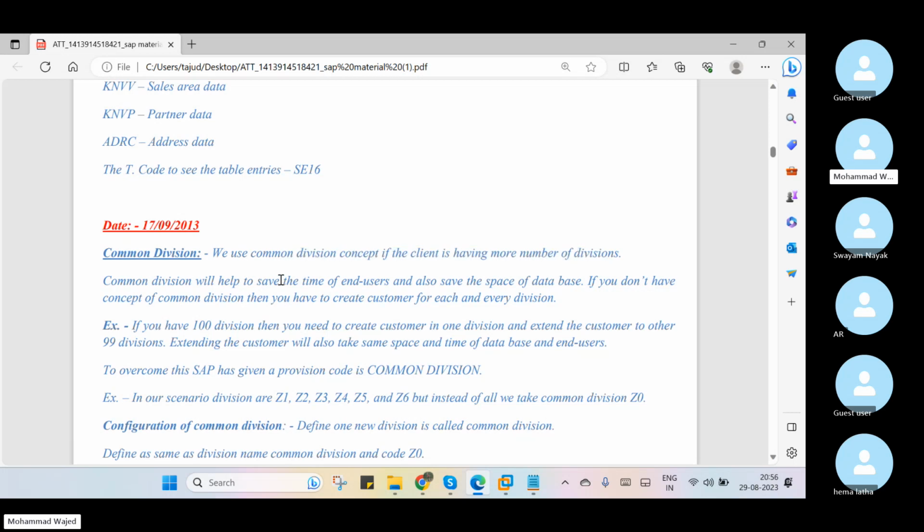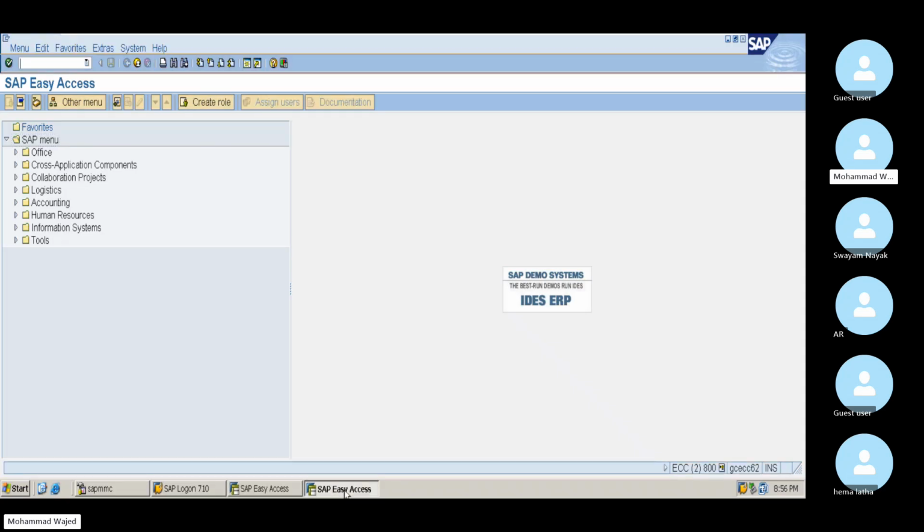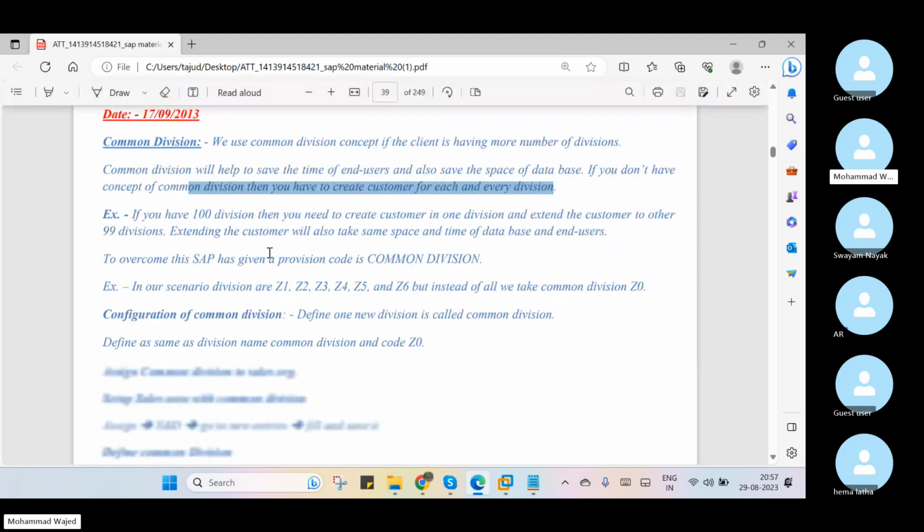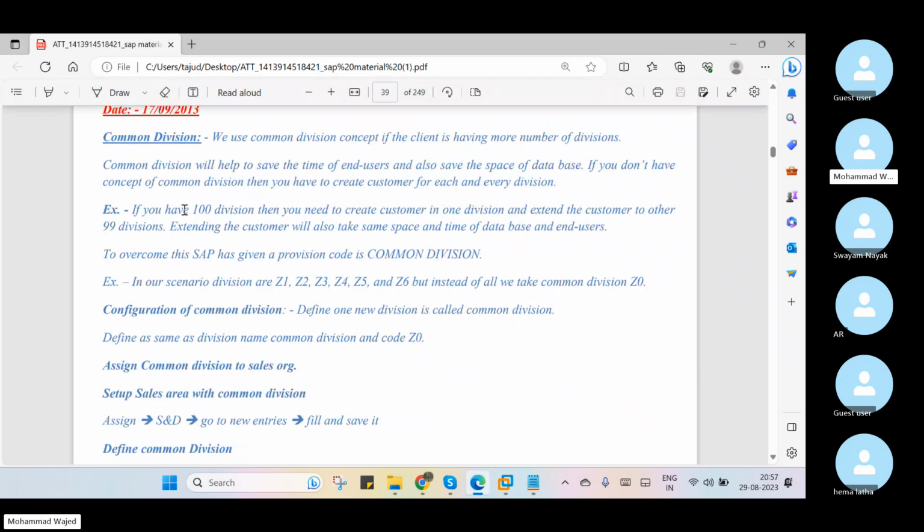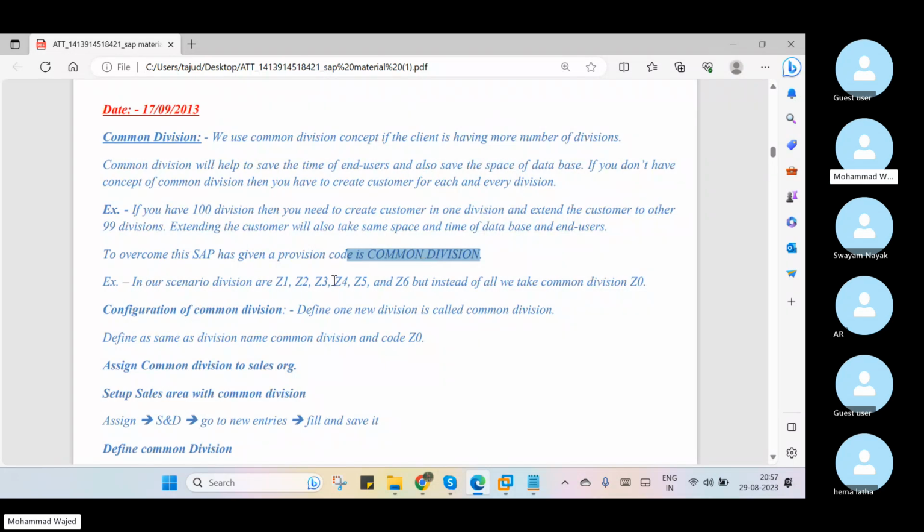So common division will help to save the time of the end users and also the space of the database, as we discussed. If you don't have the concept of common division, then you have to create the customer for each and every division. So instead of creating the customer for each and every division, what we will do is create a common division